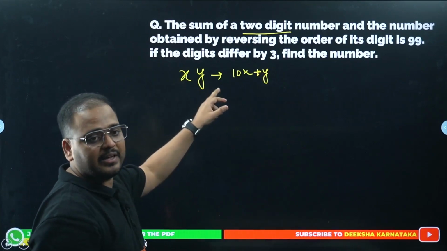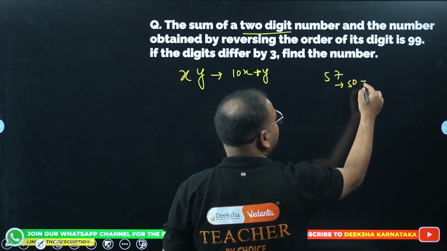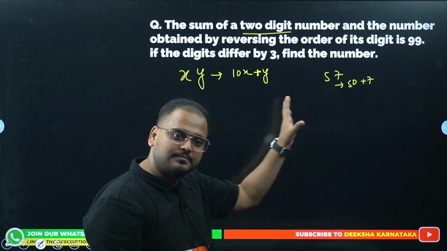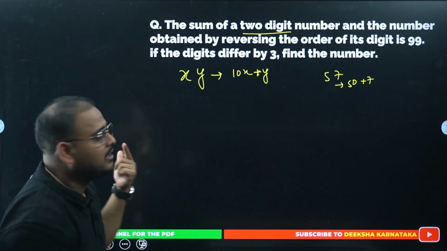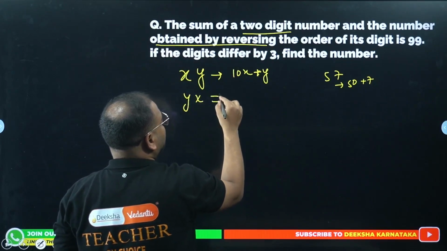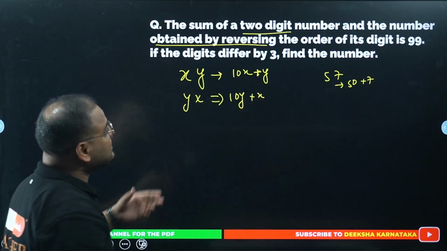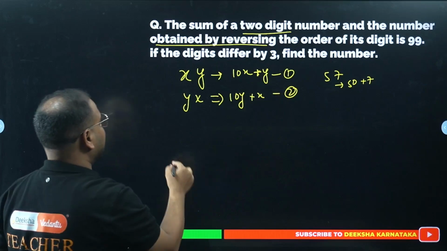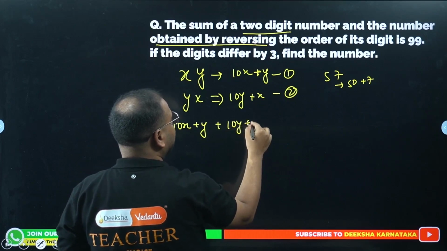The number is xy. Let's say I write 57. What does it mean? It means 50 plus 7, right? I don't write 5 plus 7 as the number's value because 5 is at the tens place. So 5 times 10 I have to write. Same way, 10x plus y. The sum of the 2-digit number and the number obtained by reversing. If you reverse the digits, so yx, it will become what? Tens place is y now. So 10y plus x. They are saying the sum of these two, this is 1 and this is 2, is 99. So 10x plus y plus 10y plus x